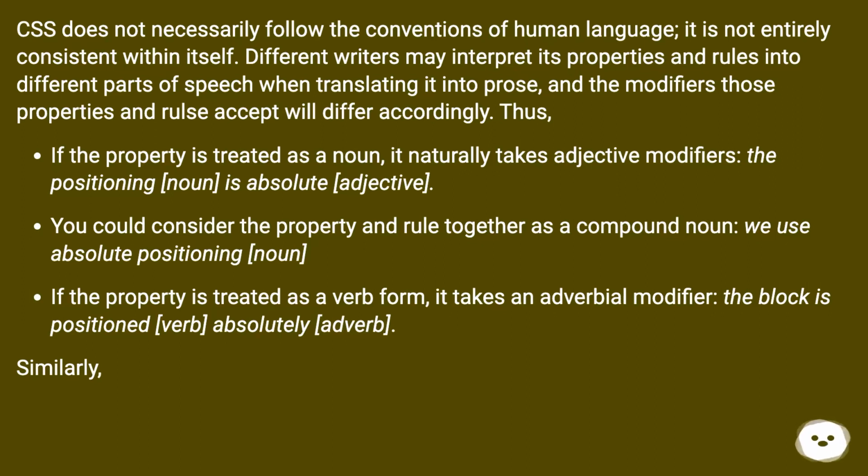Thus, if the property is treated as a noun, it naturally takes adjective modifiers: the positioning (noun) is absolute (adjective). You could consider the property and rule together as a compound noun: we use absolute positioning (noun). If the property is treated as a verb form, it takes an adverbial modifier: the block is positioned (verb) absolutely (adverb). Similarly,